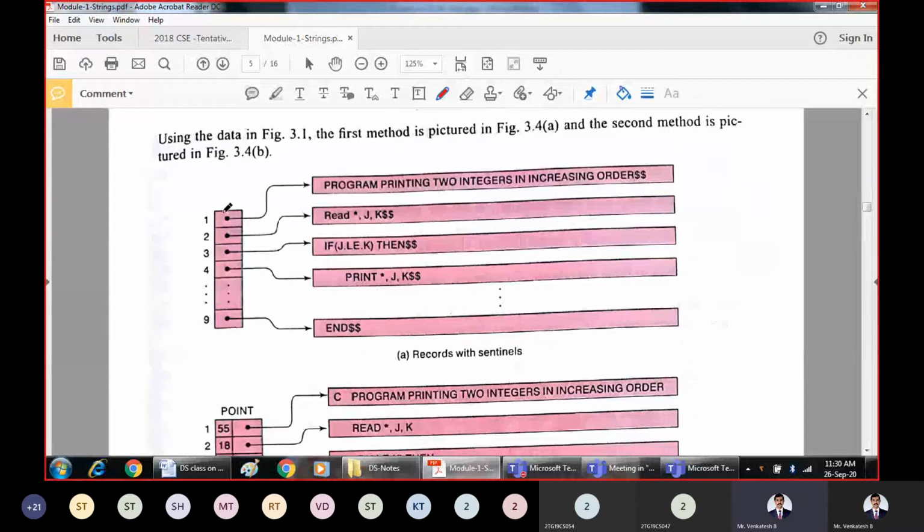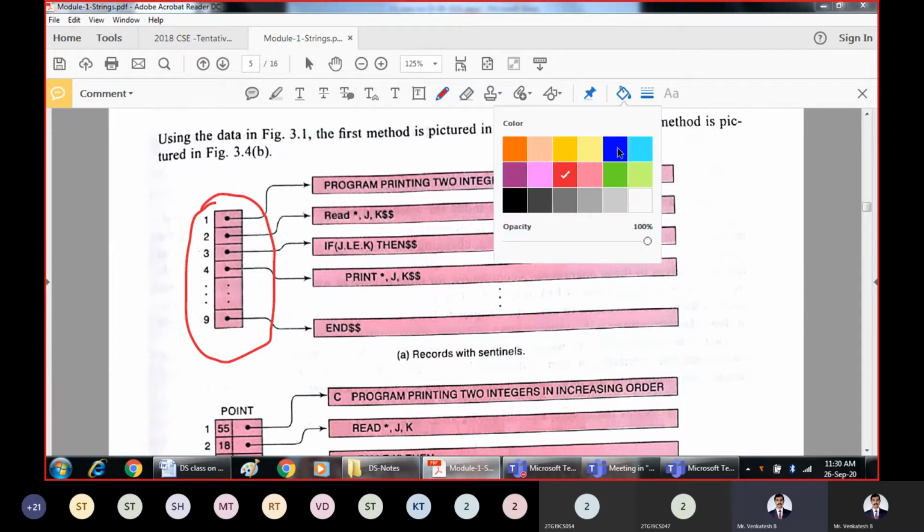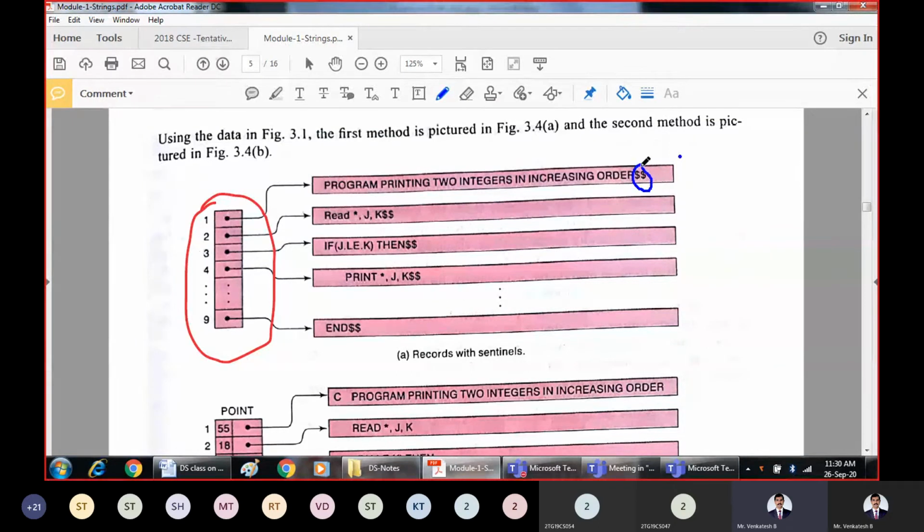Right, so this is the first approach. What I discussed recently was using pointers. Now when you use these pointers in this approach, we just indicate the end of the string by using $$ symbols, because once you are reading from here to here, once you encounter $$, that indicates the end of the string, the end of the record. Don't read the remaining part. You have to stop reading.